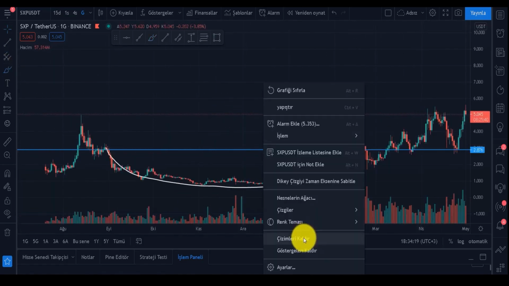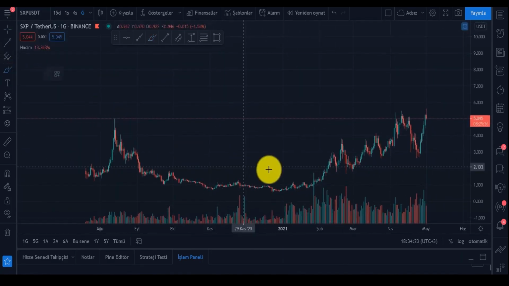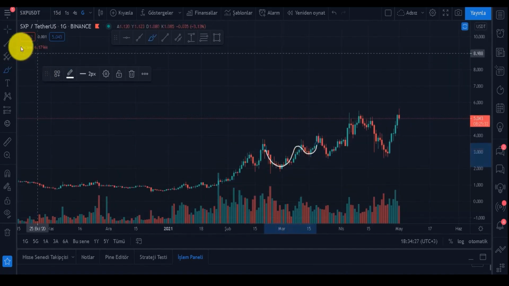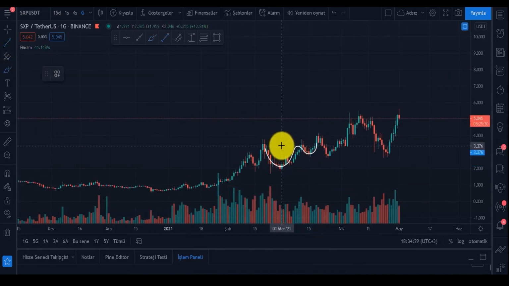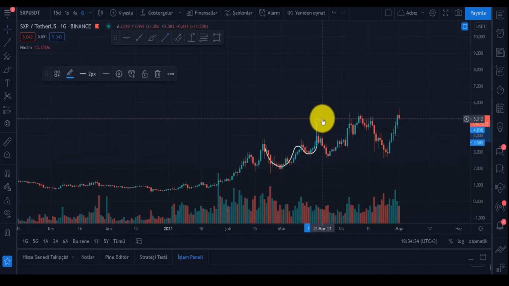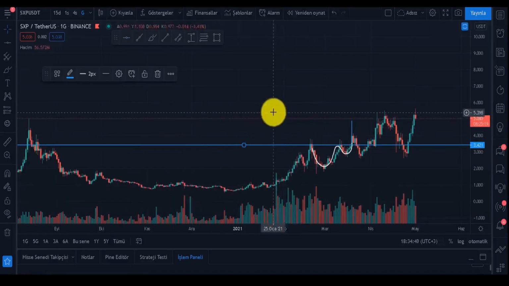Friends, now we can look at this on a larger or smaller scale again. For example, in this part, there is a cup and handle formation here. As you can see, if we look at the smaller scale, it shows us that the target is around 5. If we consider the full depth here, the cup and handle formation is quite prevalent in Bitcoin and other